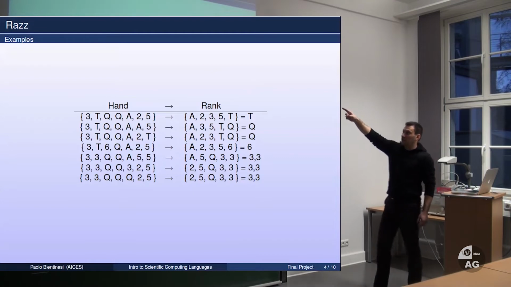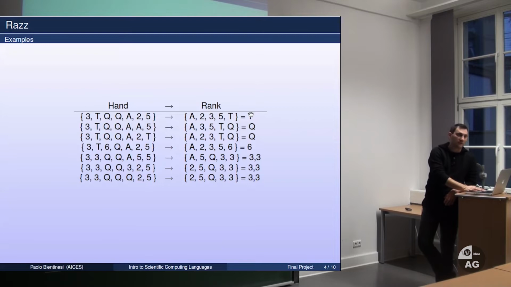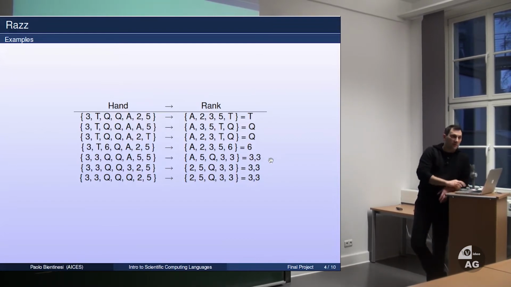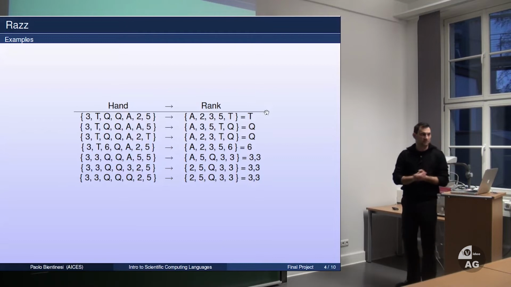So I want to know how likely it is that you end up with a 10 or with a queen or with a 5 or maybe with a 3. Can I end up with a 3? No, I cannot possibly end up with a 3. I can end up with 2 3s, but I do not ask you for the probability of pairs or things worse than pairs. I only ask you for straight, let's say, 5 different cards.